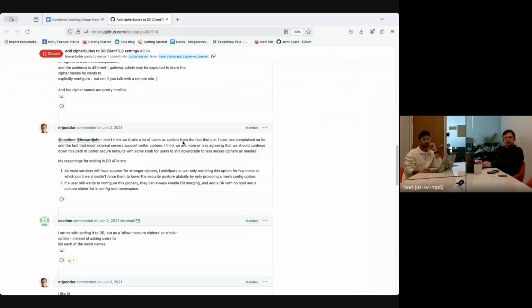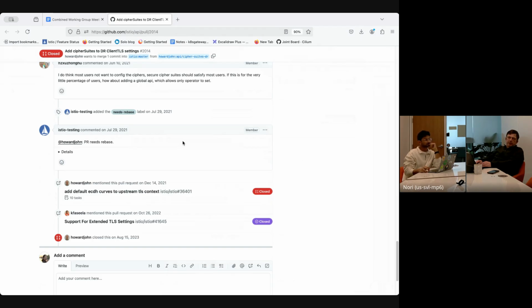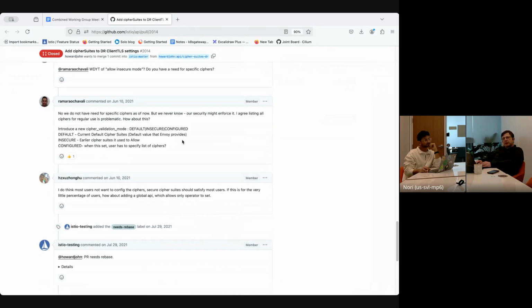Yep. Any thoughts on this? I know Costin had some issues with this. Yeah, my usual comment is that it's an arcane setting, and adding it to the API is going to make it even harder to use. There are so few users that need it that it would probably be better as an annotation or some other resource that doesn't interfere with the main API, especially since we have the Kubernetes Gateway API where it needs to be used. It's a good idea to have the feature, but I'm concerned about the API shape and the interaction with the Gateway API. But it's up to the user, right? If they adopt it or not.